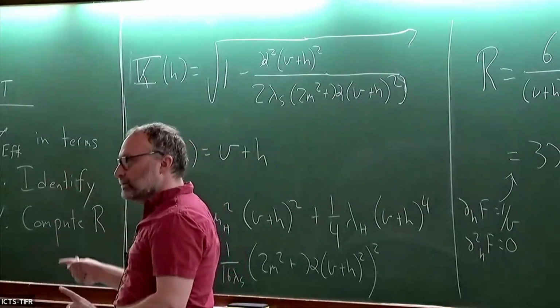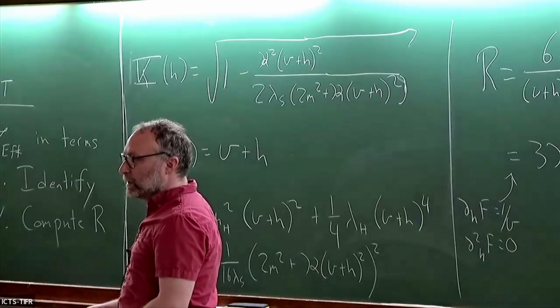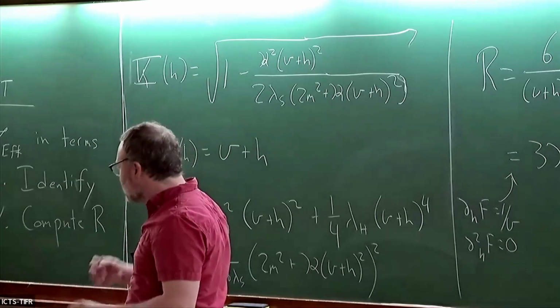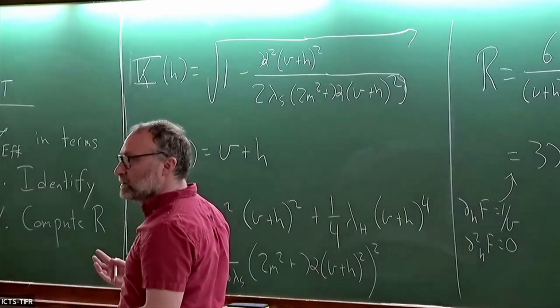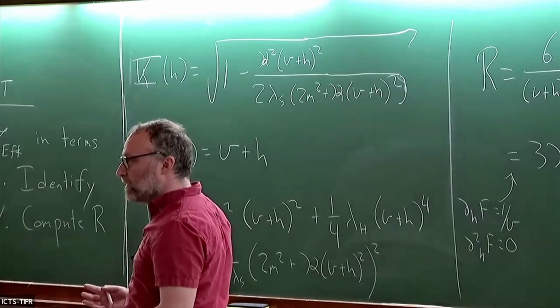Because again, I showed you here I've evaluated, but if I do field redefinitions on little h, it makes non-analyticities in big H, right? So field redefinitions of little h will keep everything analytic in little h, but if I do field redefinitions in one and not the other, the whole thing is a mess, right? This is why we argue that you need to frame this in terms of geometry, okay?